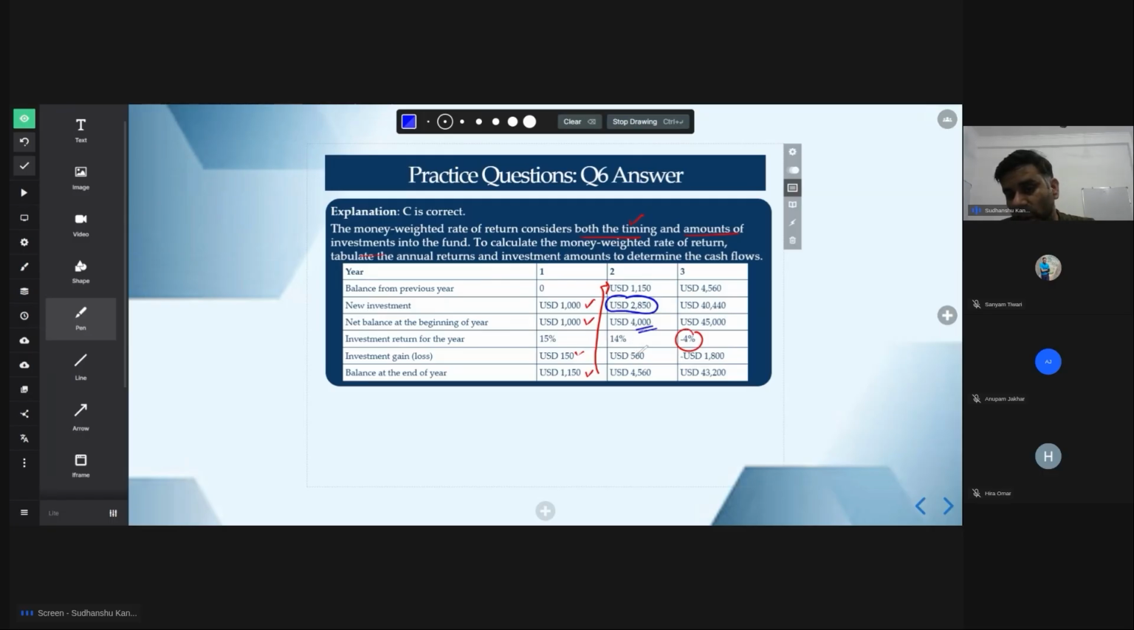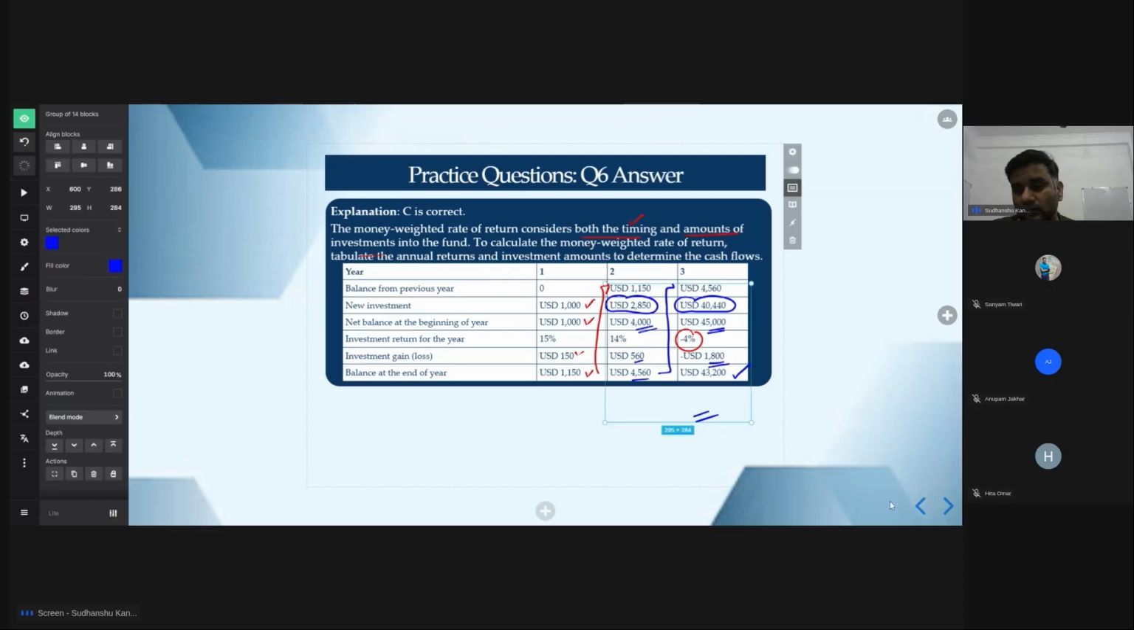And then you earn 560, 4560. This is going here, 4560. The final one is 45,000, so obviously this was added, right? And minus 4%, minus 4% is your 1800 of that. So final is 43200, right? So you have to understand both timing and amount of investment to calculate the money weighted return. You have to tabulate the investment return, investment amount to determine the cash flows, and then